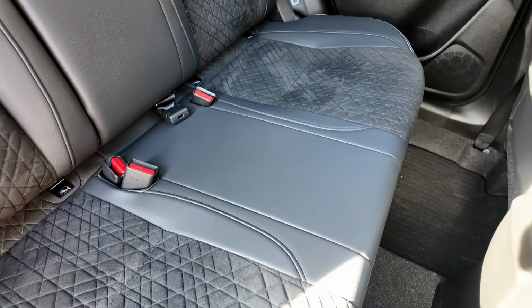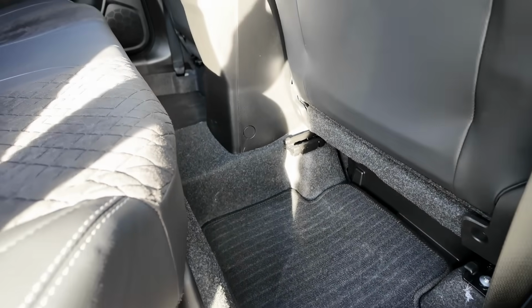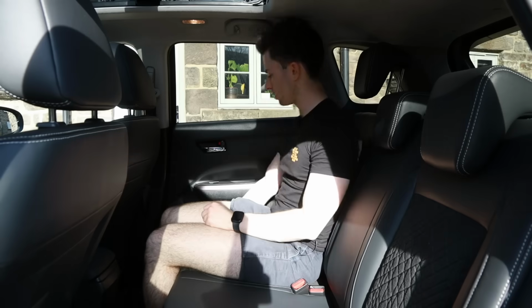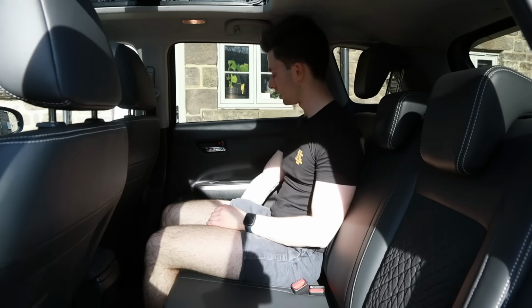A fifth one here, maybe only for short journeys, especially because there is a bit of a hump in the floor down there. There's not too much in the way of practicality. There's a map pocket on the back of the passenger seat, nothing on the back of the driver's seat, and yes, I've got a cup holder in the door, which does take a reusable bottle of water very nicely, but